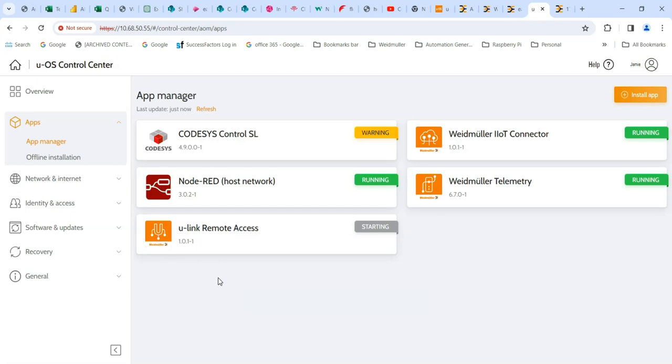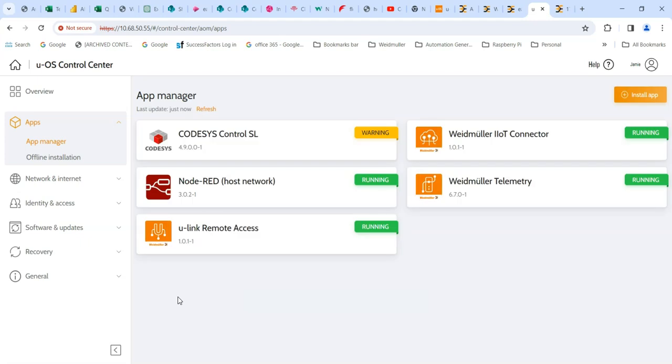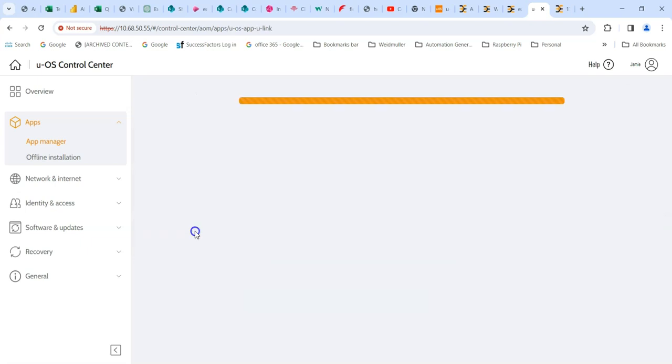Okay, so the uLink remote access app has installed. It now has to start running, so that takes a few minutes. Just try a manual refresh to see if it's started. Okay, so that's started now. So we can click into uLink remote access,